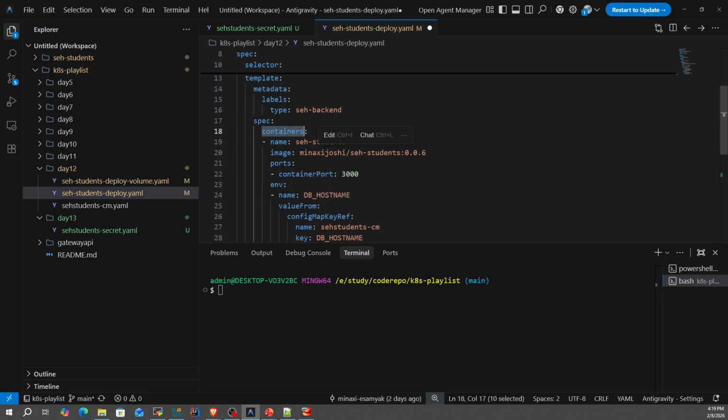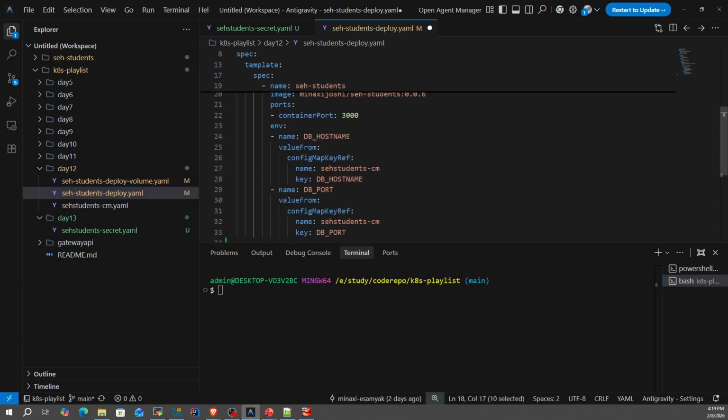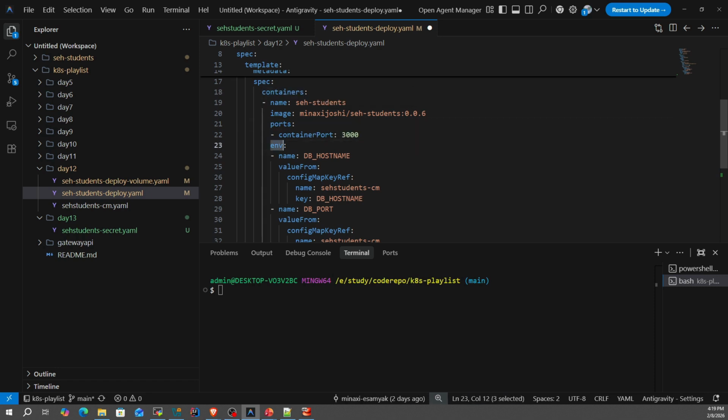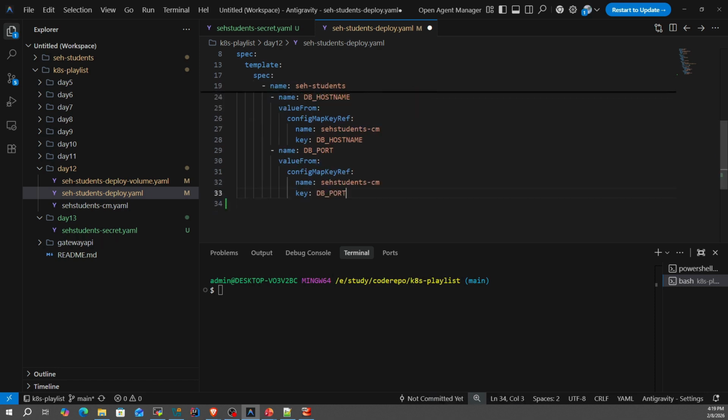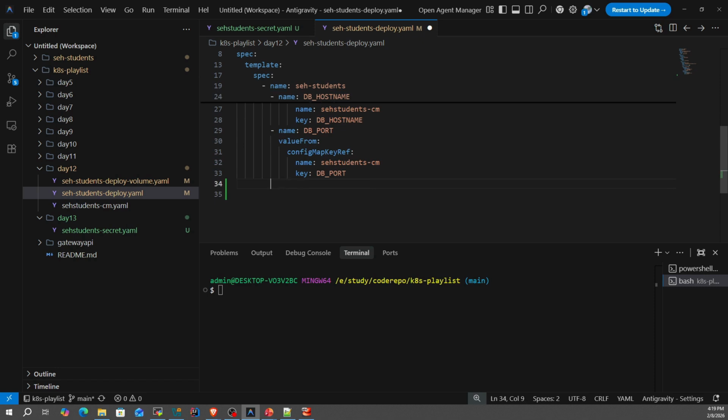Under the container section, just below the ports, under env, add - name: DB_PASSWORD, valueFrom: secretKeyRef, then the name of the secret and the key. So what's happening here?